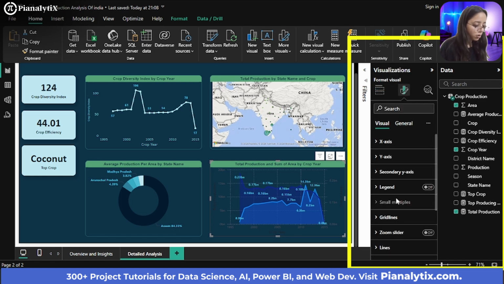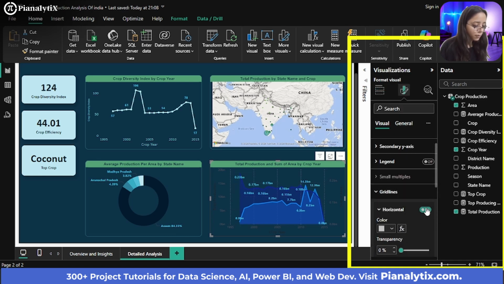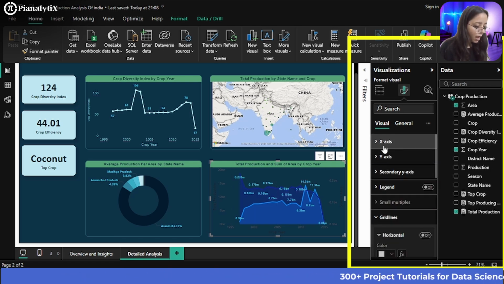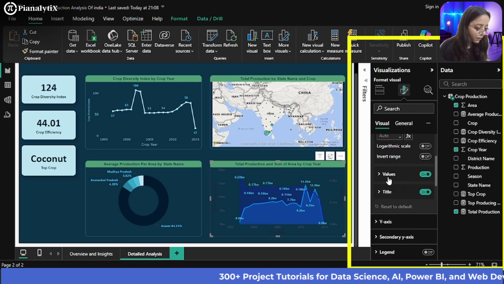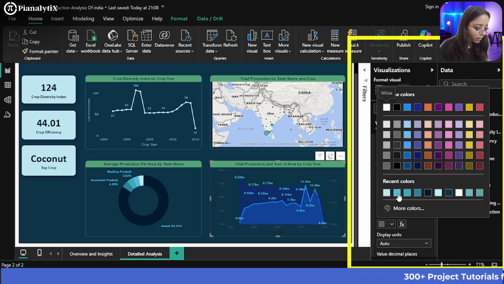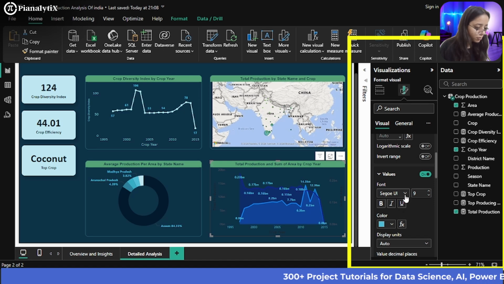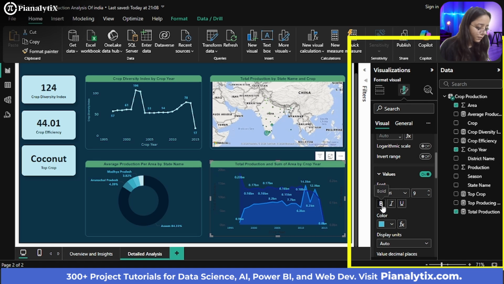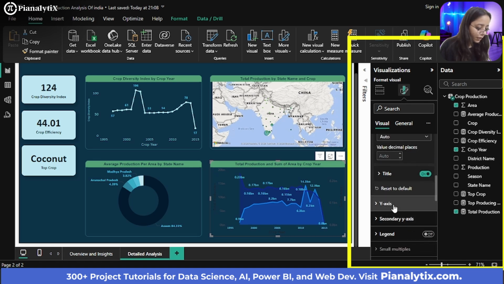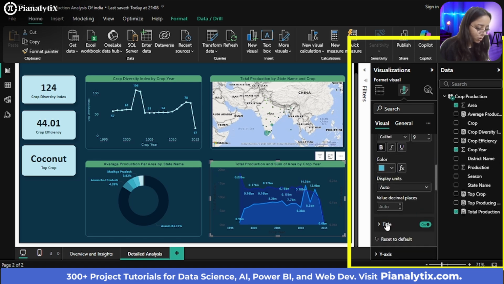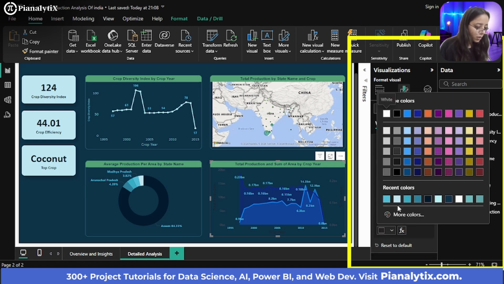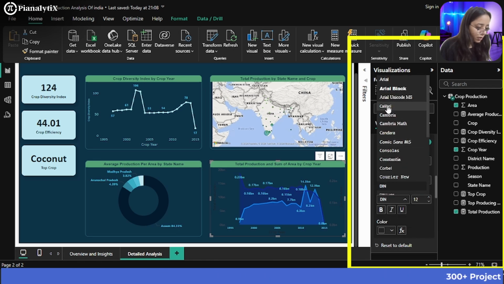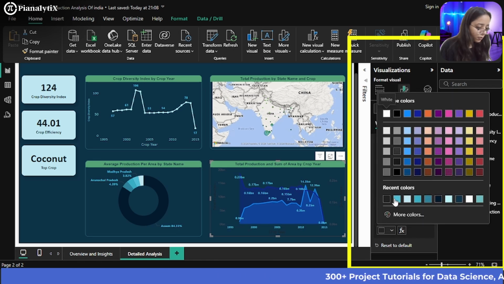So let me just make sure all the grid lines are off. I will go to this section of the grid lines drop down menu and I'll switch off the panes. And for x-axis, my values can be in this color which I was previously using, and then I will choose Calibri. And similarly for the title also I'll make sure the same settings are applied. I will choose Calibri and my color would be this.